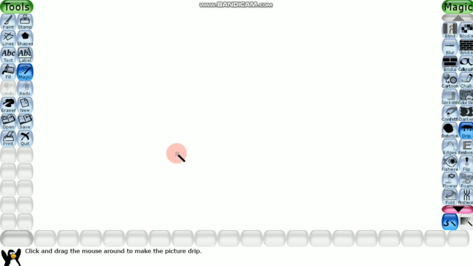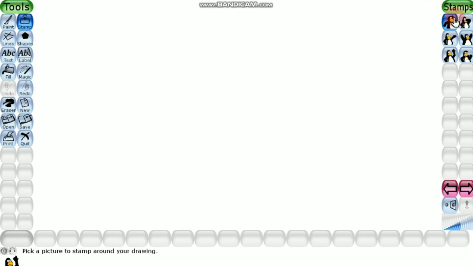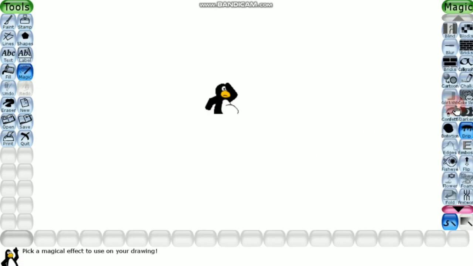You can use the same edge effect when you draw any stamp. Here I have drawn it, and after that go to the magic tool, click on edges and move the cursor over it. See, this is how the edge effect works.